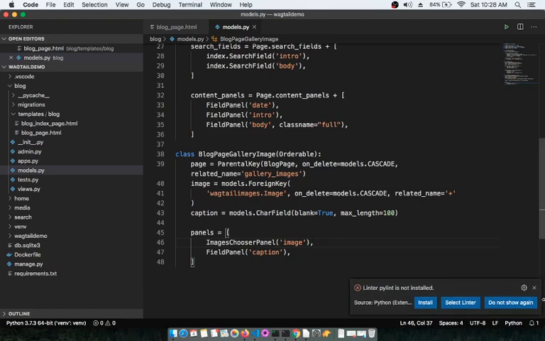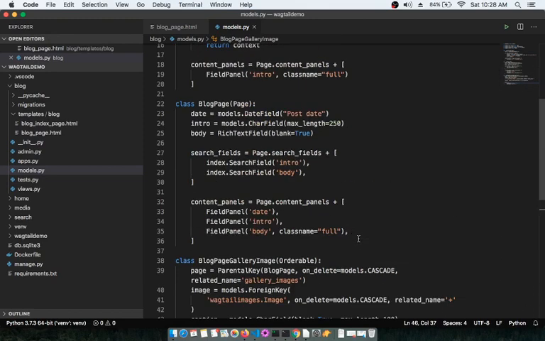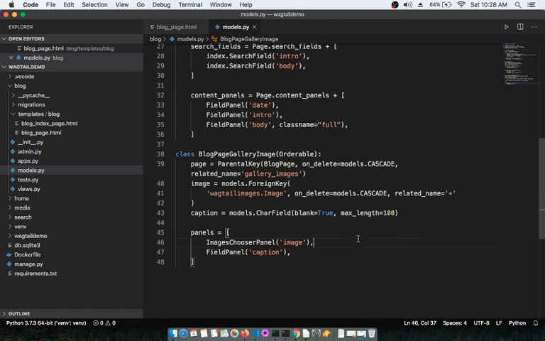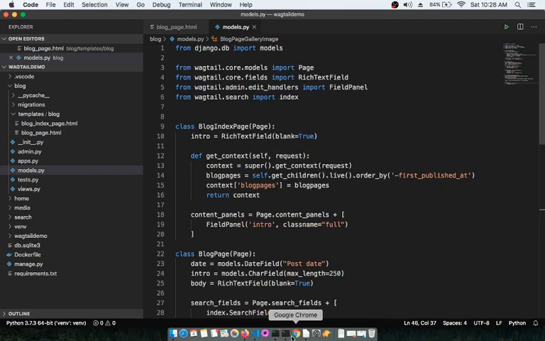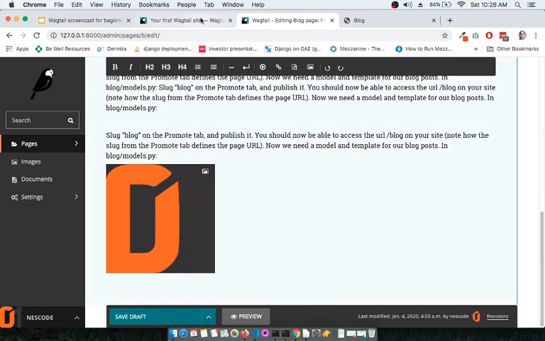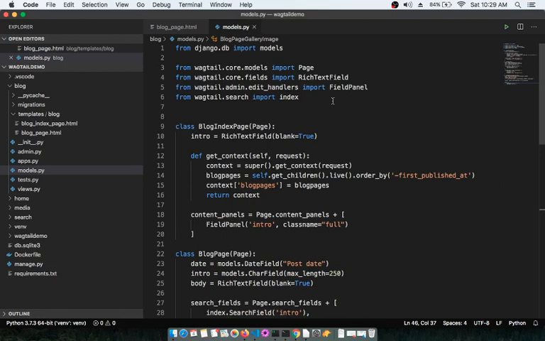Let's save this one, and once we complete this, like just now we have said, since we are calling the ImageChooserPanel, we need to also import it. So if you refer to the documentation, we have the ImageChooserPanel, so let's copy this ImageChooserPanel from here and import it,